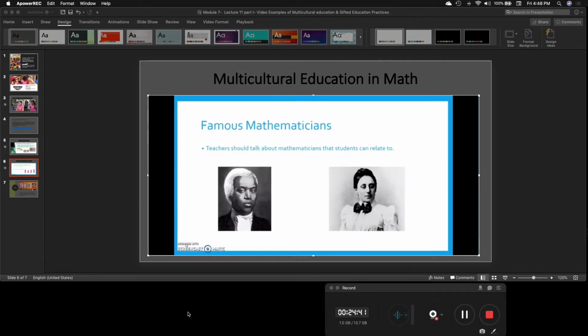The first example is that teachers can discuss mathematicians from different races and different countries. A lot of times, people view math as Eurocentric, meaning a lot of mathematicians come from Europe. This could cause students from different backgrounds to feel disconnected and lose interest in math. That is why it is important to discuss mathematicians from different ethnic groups, nationalities, and genders. This will allow all students to see that mathematicians come from everywhere, and hopefully students will gain an interest in